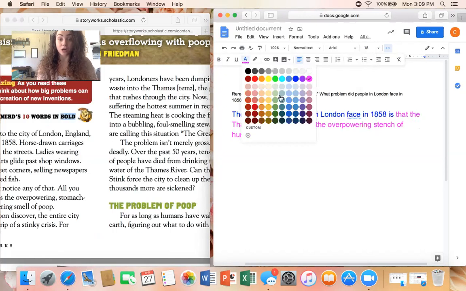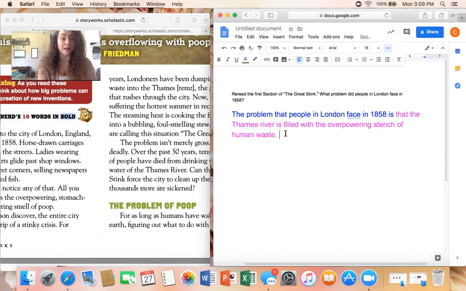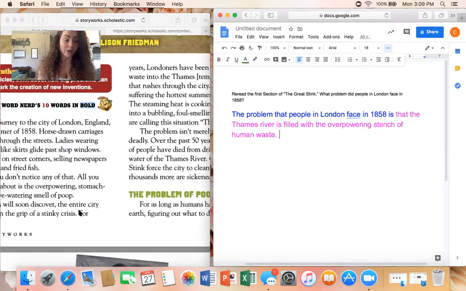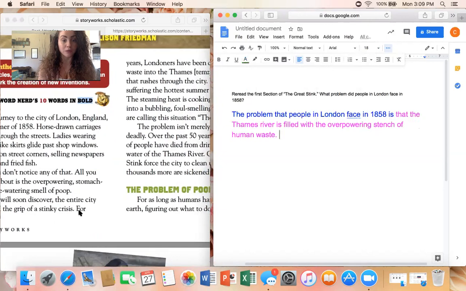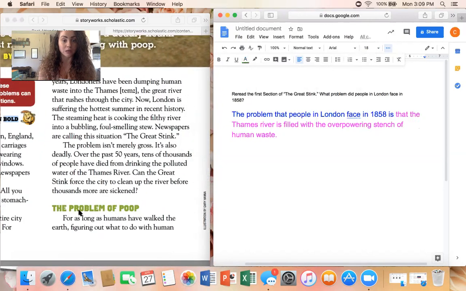But I'm not done yet. Now I have to go into green, and now I need to give two pieces of text evidence. As I was looking through here, there were two parts that I really wanted to touch base on. I wanted to touch on the fact that it smells disgusting, but I also want to touch base on the fact that it was getting people sick. So first I'm going to include a sentence starter. I'm going to use, let's see,